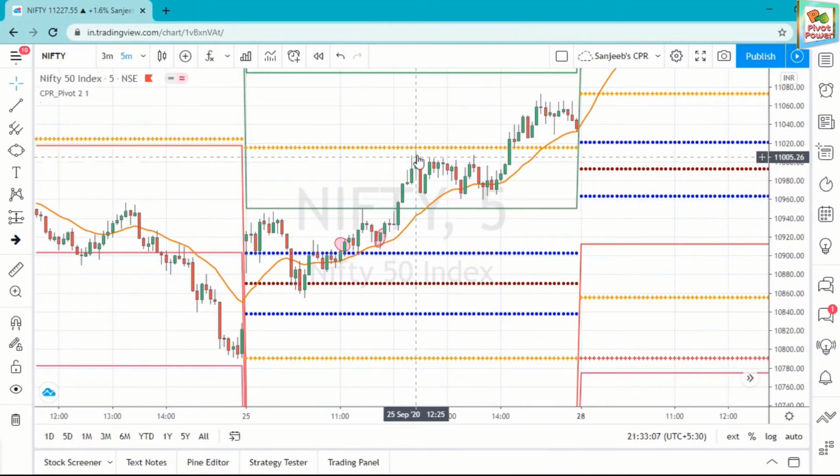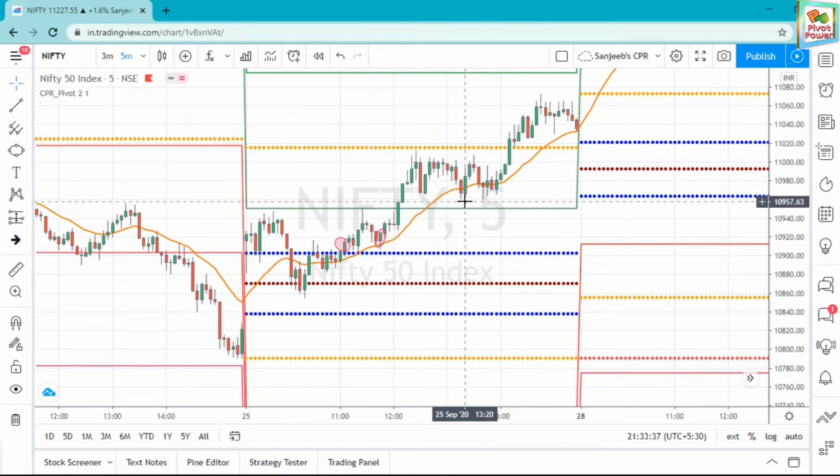Here, when it is far away from the 20 EMA, very far away, and there is a resistance called the previous day high, then you can sell out in this position. Then where should another entry be? Tell me. The other entry should not be here, not here, not here. You can take entry here, but this is near the previous day high, so don't take a trade here.